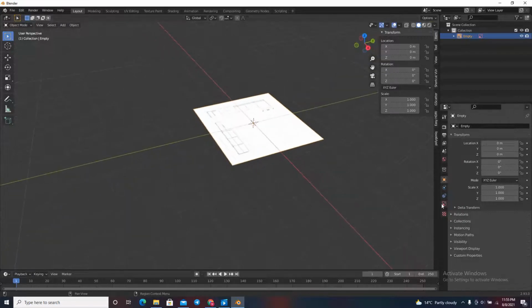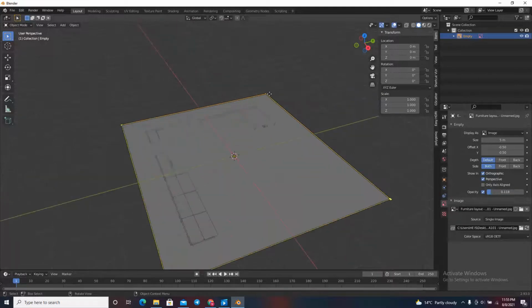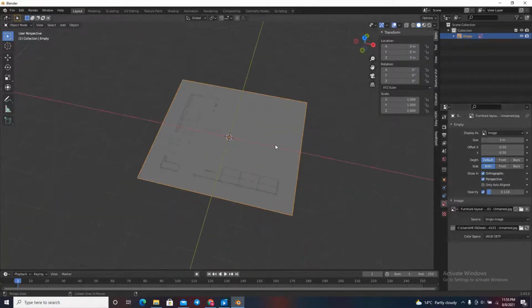After that, click this image icon right here. If you enable opacity, and decrease and increase it, as you can see, you can increase and decrease the opacity. This will help you when you are doing your model, so that this won't obstruct your view. So you may use that. So let's